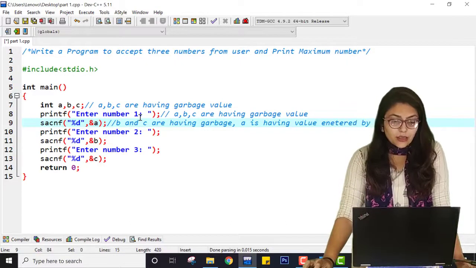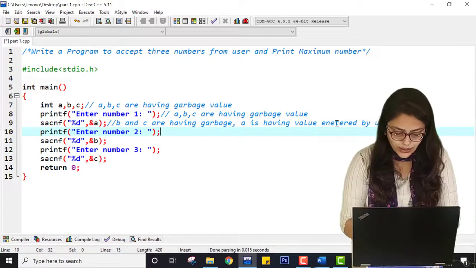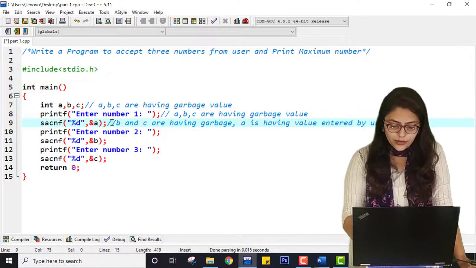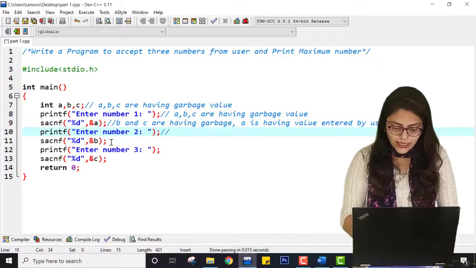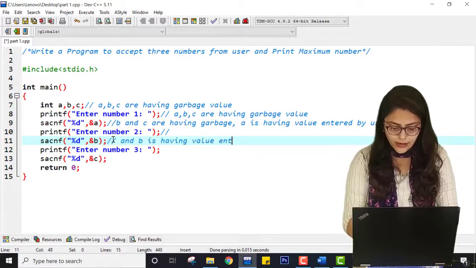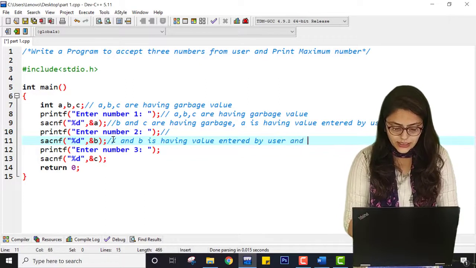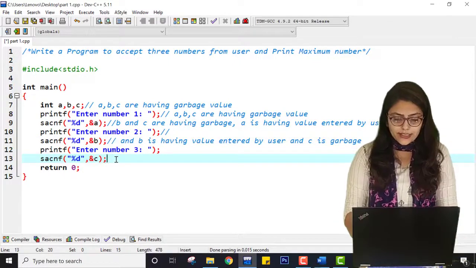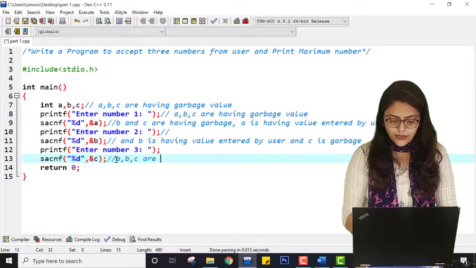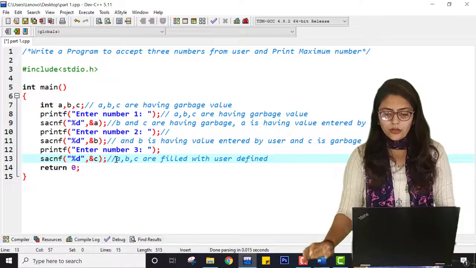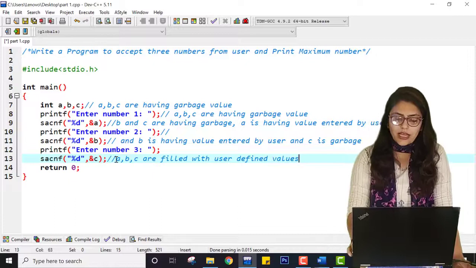Please ignore the spelling. Here at this moment, this is the same case. Here A and B are having value entered by user and C is garbage. So I am just writing this and repeating this so that you will understand this concept. And here A, B, C are filled with user defined values. So whatever values are desired by user, these are filled at this stage.